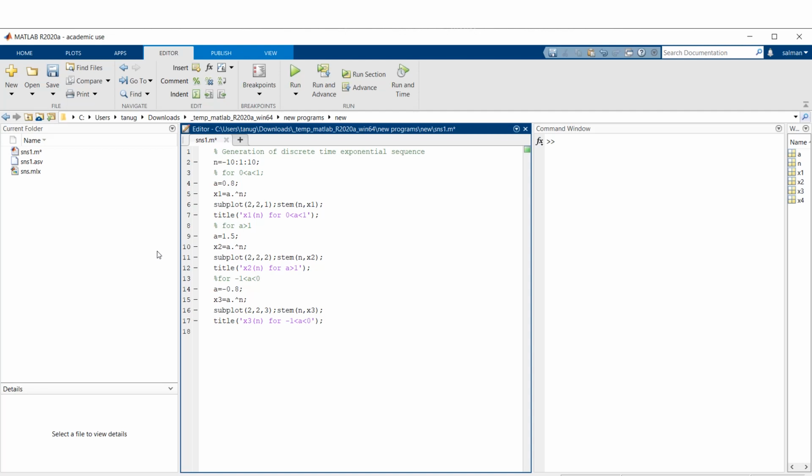Then for a less than -1, this is my last condition. So we define a as something like -1.5. Here again we define our exponential sequence, x4 equals a to the power n, then subplot.